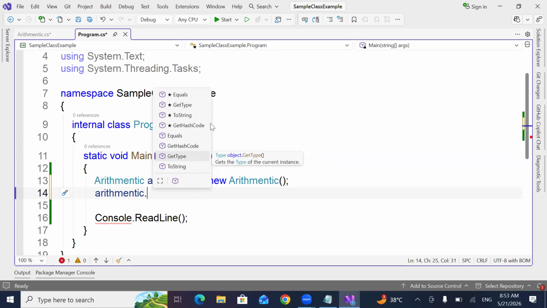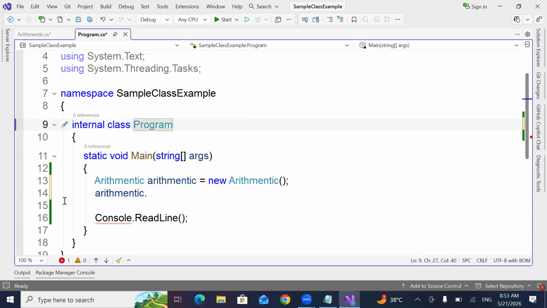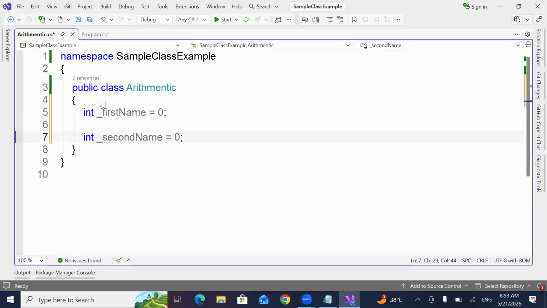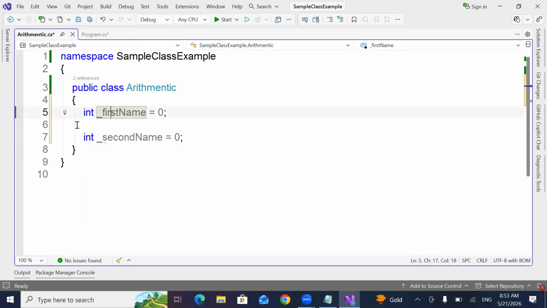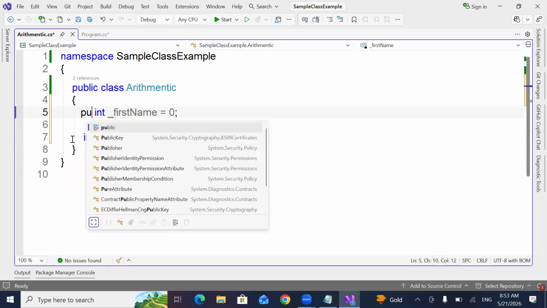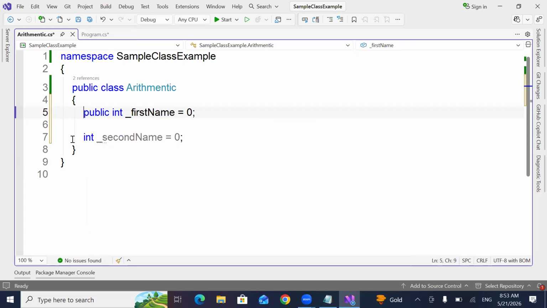Why are we not getting them? Because the variable we declared is private access. This variable can be accessed only within this class. It should not be accessed outside the class. Why? Because we are making just a simple int. If you give public here, what will happen?